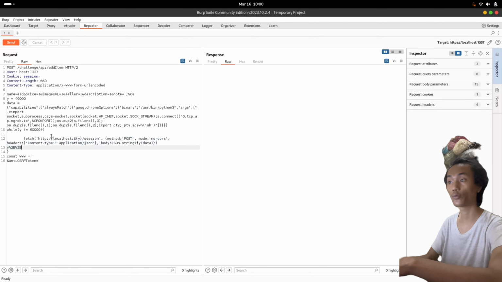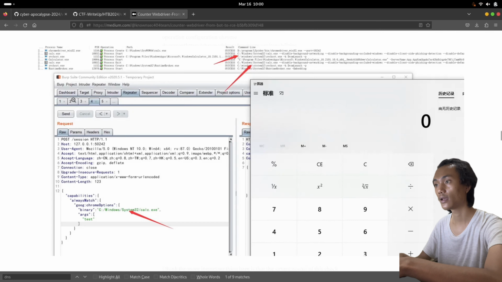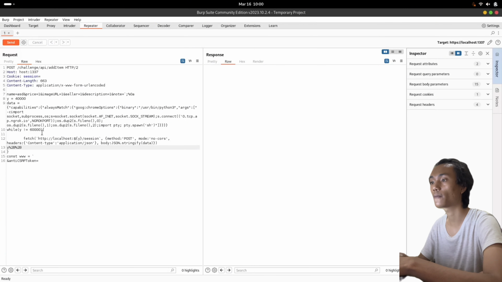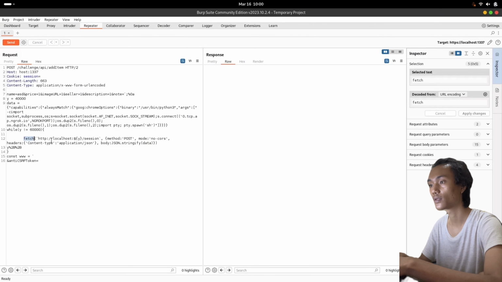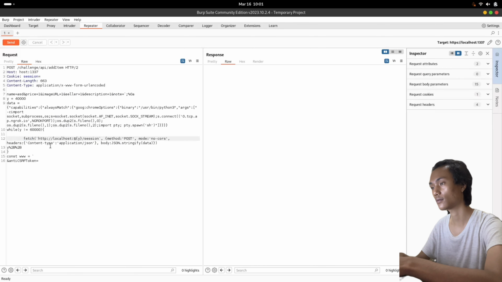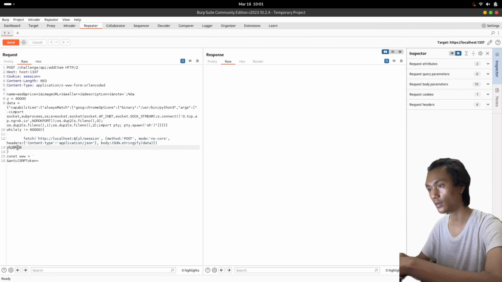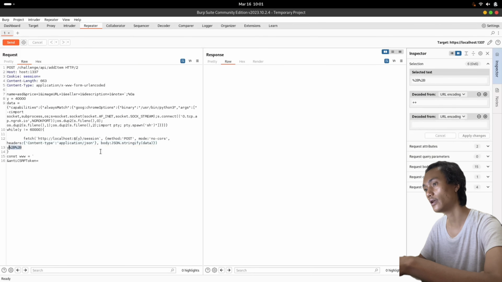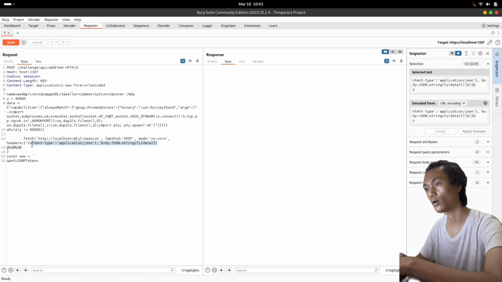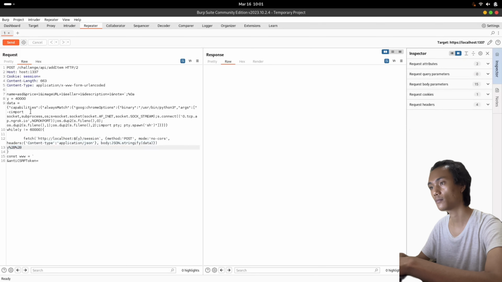Since we don't need the response from the Chrome driver, the payload is still executed, but we cannot read the response from the browser, so it's not an issue. Okay, don't forget the URL encoding. This is y++, which means we increment y.